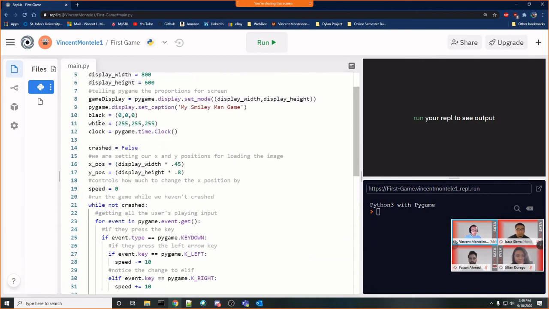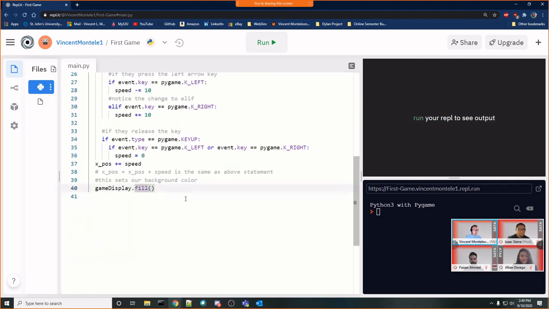I actually gave you guys black and white as 2 options for the backgrounds that are up here. Black is 0, 0, 0 on RGB, white is 255, 255, 255. If you have questions on how RGB works, you can ask afterwards. But since I already set black and white, do you want your background to be black or do you want your background to be white? I'll pass in white, just because I think it'll make my character pop.